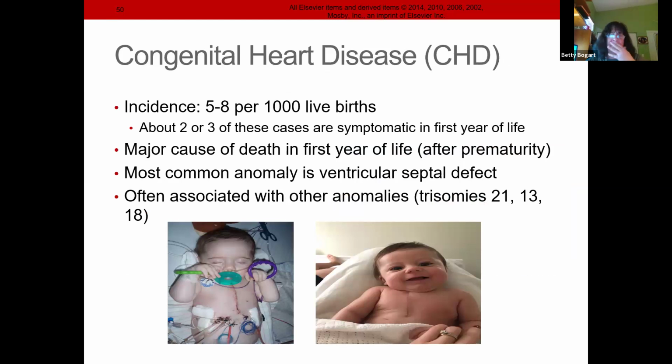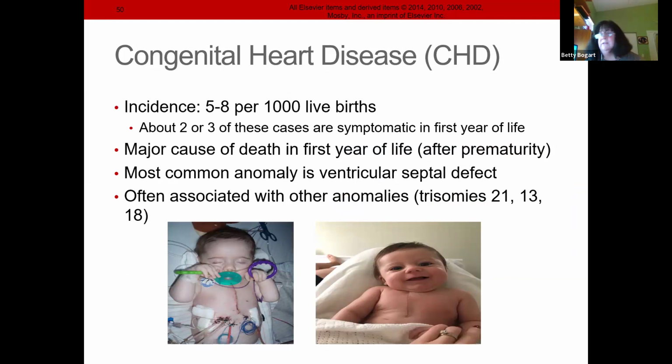Down's children, they're very specific. There's actually 3 conditions that are very prevalent: congenital heart defects, leukemia, and thyroid disease. Those are 3 things that you'll see more of in this group of children. So knowing that, when a Down's child is born, we're going to be checking that heart. And ventricular septal defect is number 1.